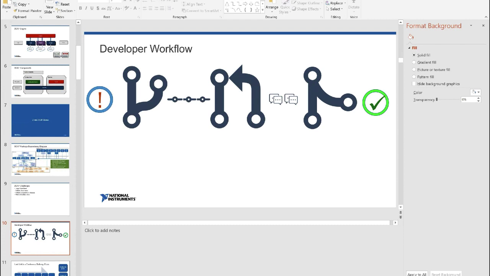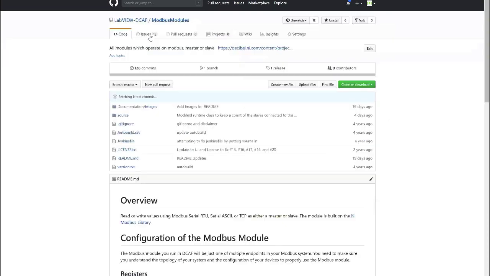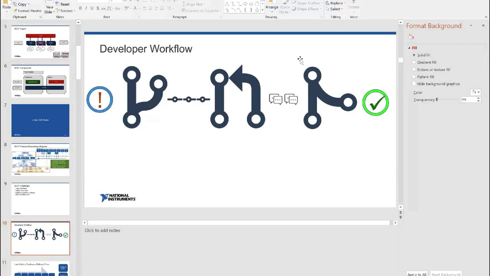So whenever someone wants to collaborate with DCAF, the first thing they have to do is create an issue. So in general, we can go to any package. We have issues here. You can select any issue that you want, and once you have an issue selected, you assign it to yourself, then you're going to create a branch. Then while you're working on your branch, you can make as many commits as you want, and eventually it comes to the part that you are going to make a pull request.